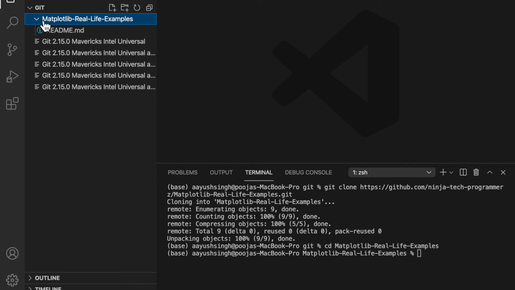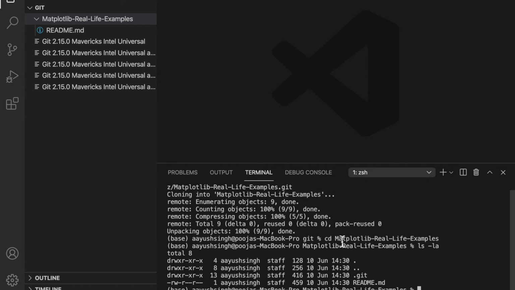Now I'm not in this git folder. Now I am in this folder. Next thing I would like to do is ls space hyphen la. Go ahead, hit enter, and here you're going to get all the things and the